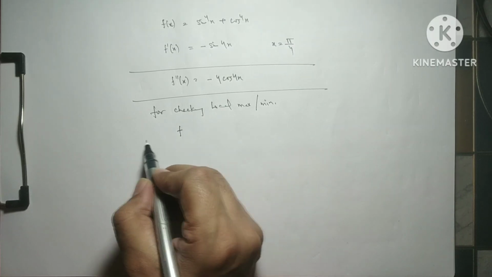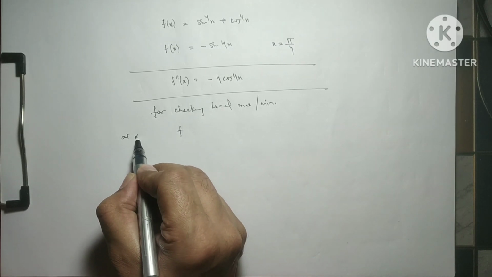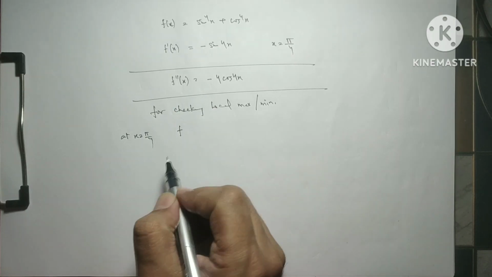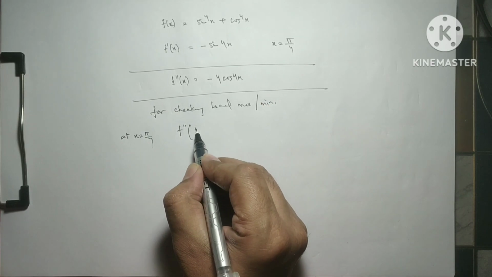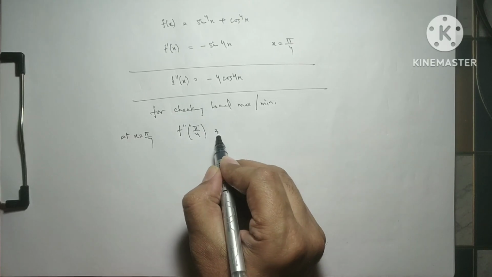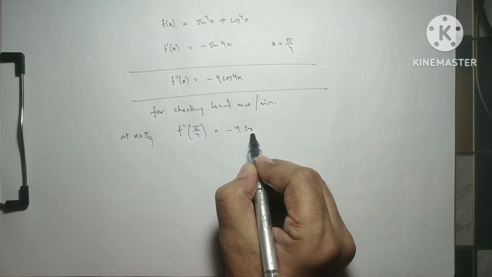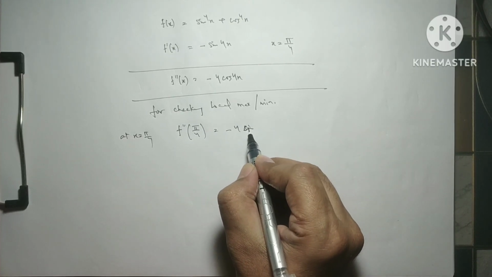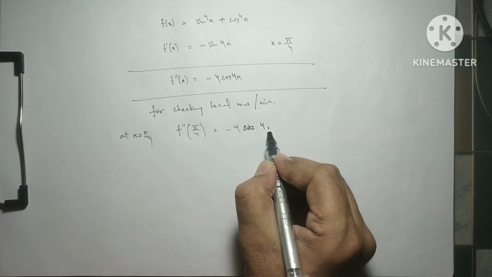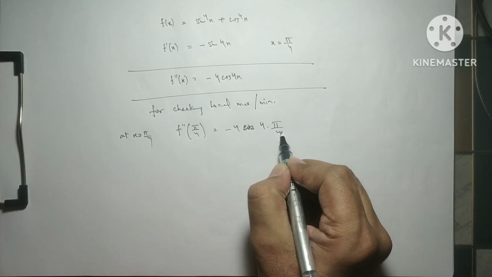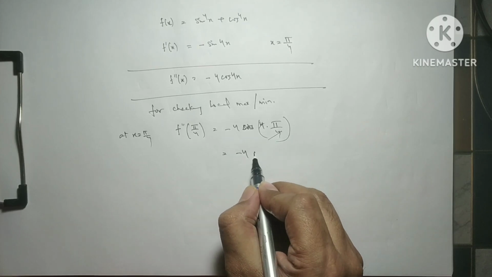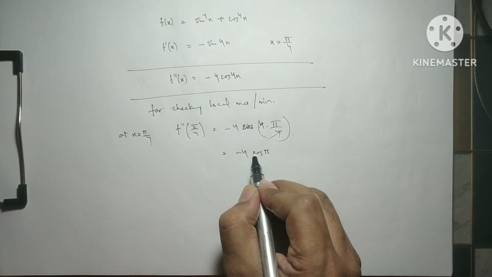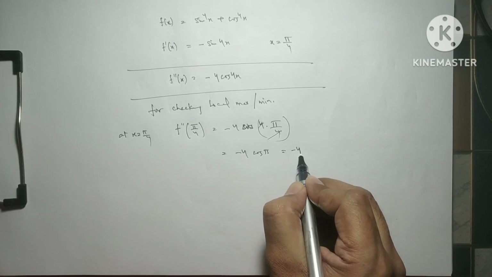So at x equals pi by 4, put this value in this second derivative. So it is cos 4 into pi by 4. To cancel this out, you get minus 4 and cos pi. Cos pi is minus 1. So you get minus 4 into minus